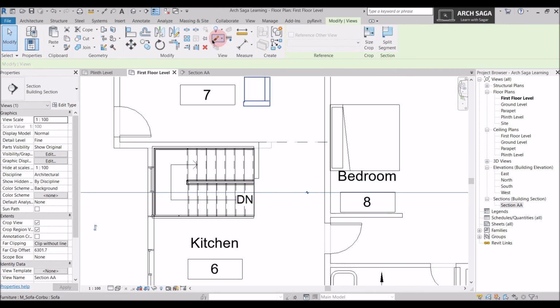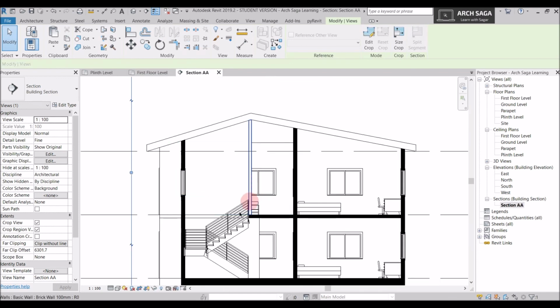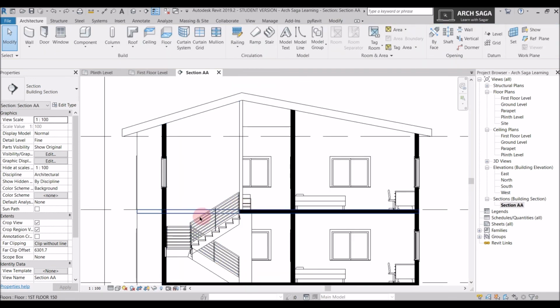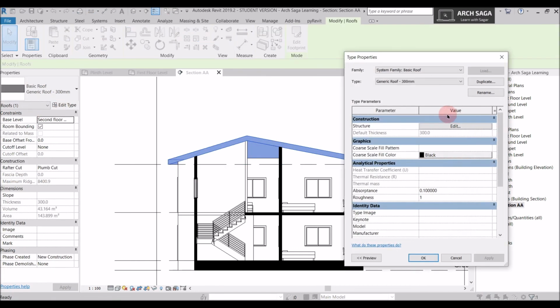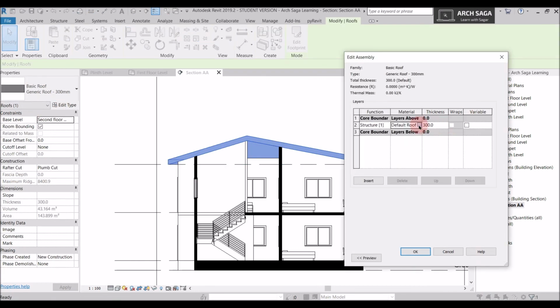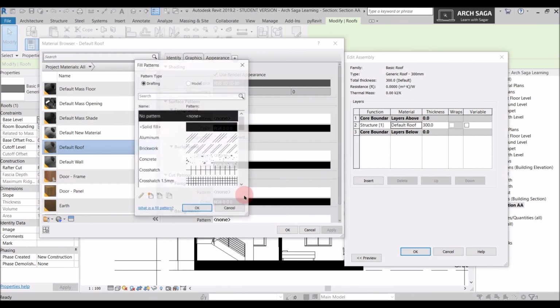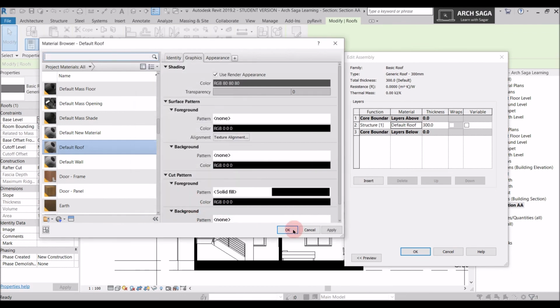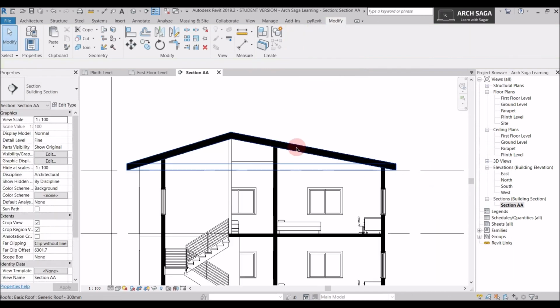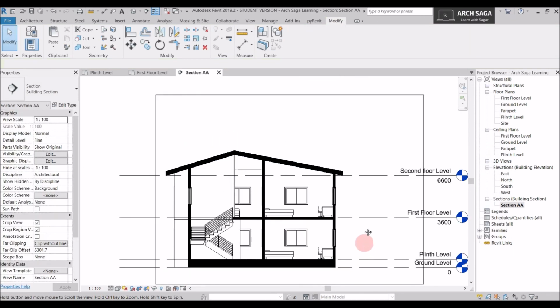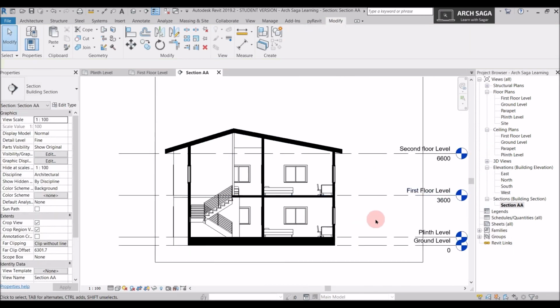So that's why you can only see an elevation of the wall. Floor is also in elevation. So I will add a cut pattern to this roof as well. I'll just go to edit type, set default roof material to be solid fill, say apply and OK. So now I can see my section looks a little better than before.